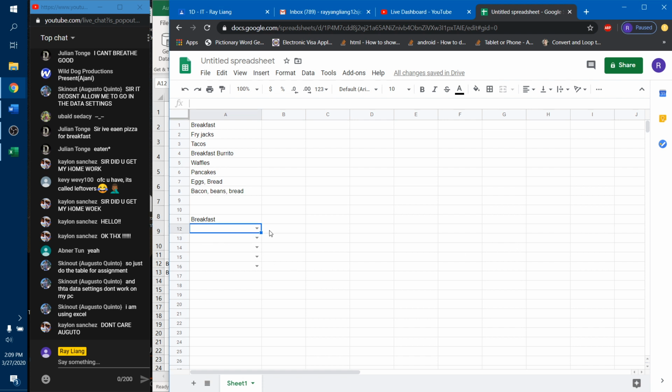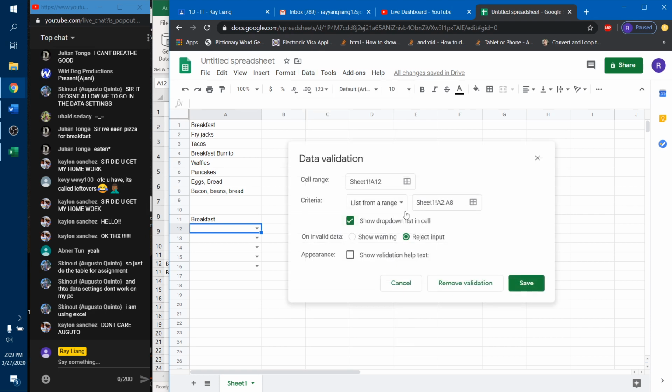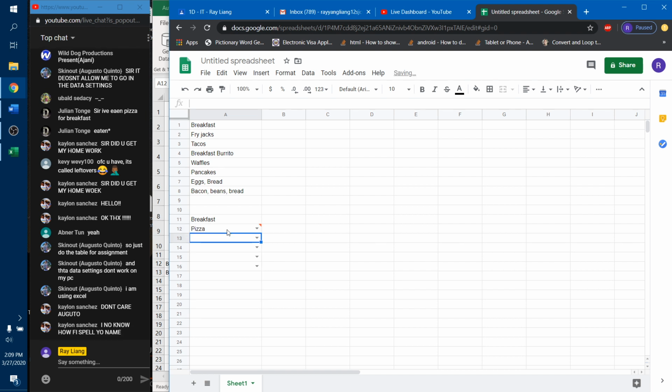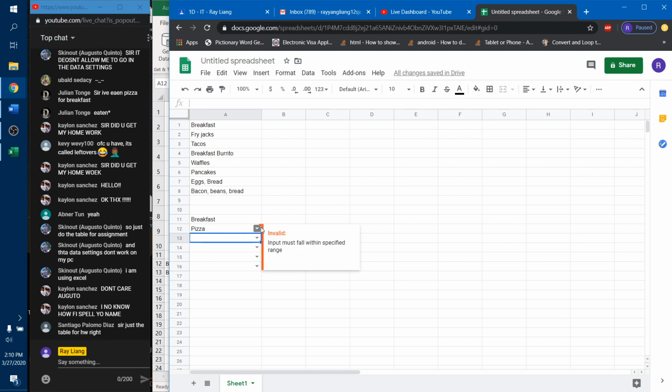Alright. However, let me show you guys real quick what happens. If I show warning instead, notice it's gonna accept it. But now notice the little red flag up there. If you hover over the red flag, it'll tell you that this input must fall within the specified range. So it's not prohibiting you from entering the word pizza, but it's still gonna tell you that that's wrong because